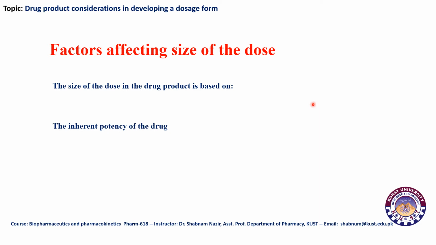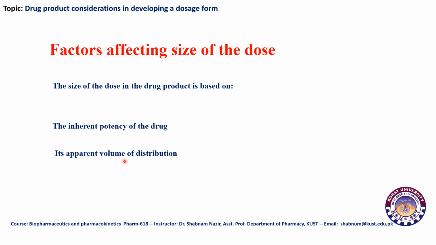Because for a potent drug, the therapeutic window would certainly be very narrow. At a very low concentration you can expect the drug to start its action, and at a sufficiently lower concentration you can also expect the drug to reach the minimum toxic concentration. So it is important to consider these two factors. Along with the inherent potency, which makes the size of the dose lesser for highly potent drugs, it is important to see how much is the apparent volume of distribution, which concomitantly with potency can affect the overall